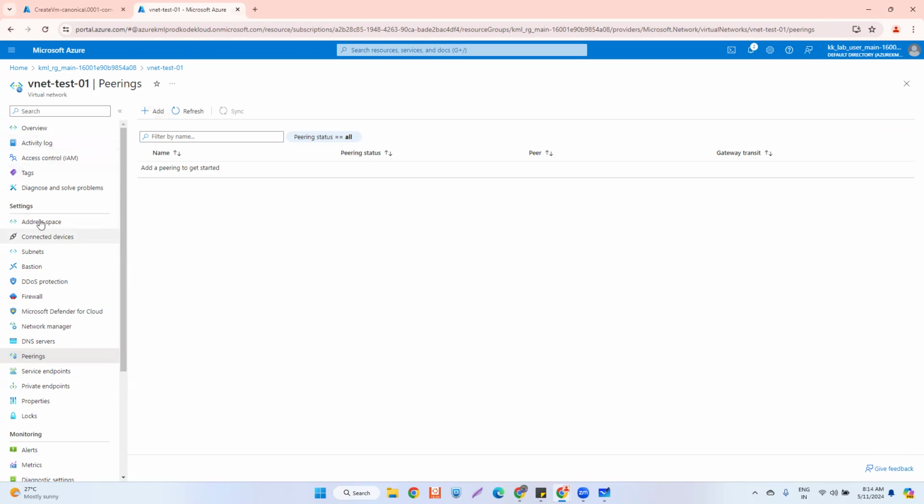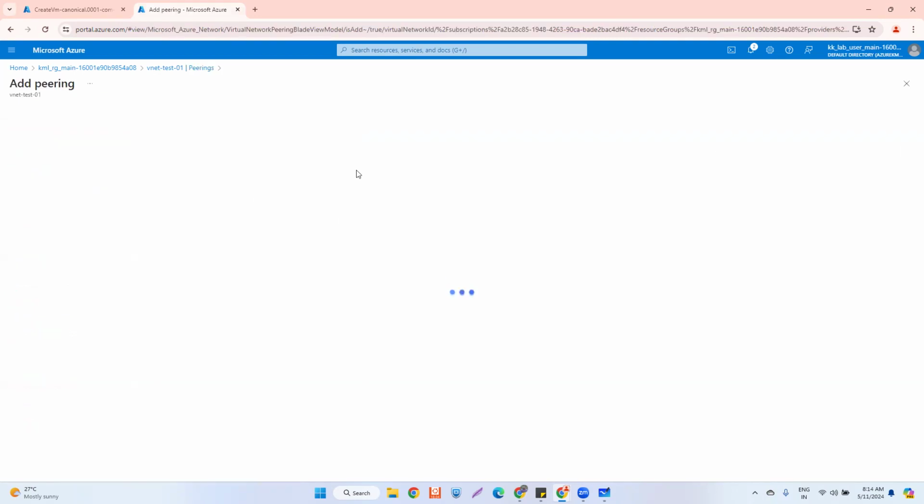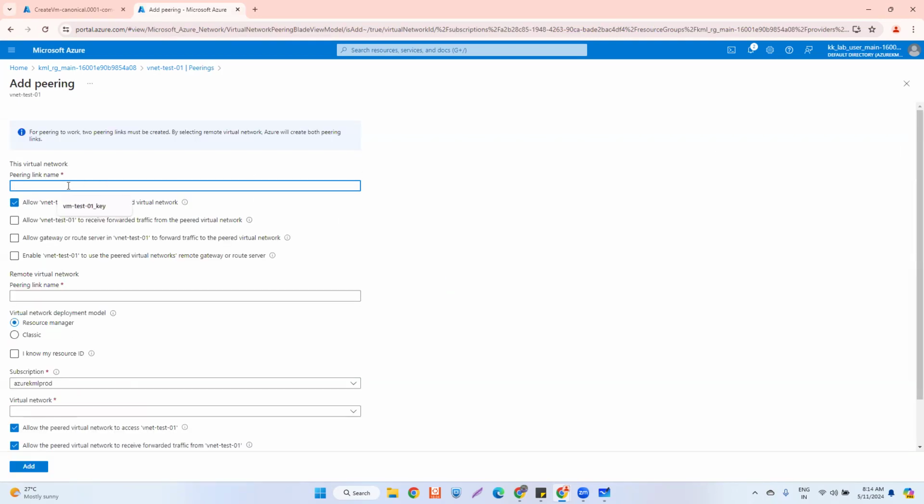So it is just under settings, peering. Currently we don't have any peering. So we will create a peering. I'll click add. Okay. So I need to mention the link name. Which means VNet 01 to VNet